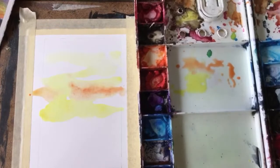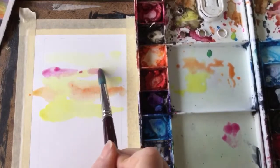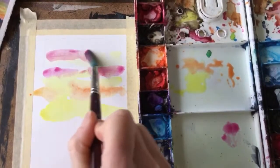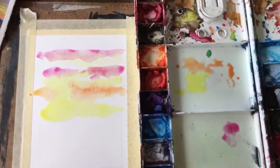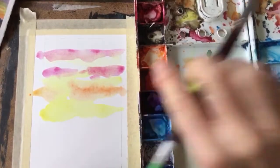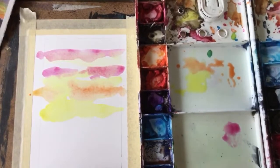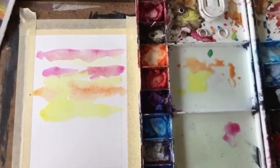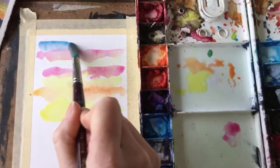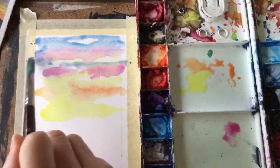All right, yeah, regular masking tape. It's regular masking tape, but sometimes the masking tape from the dollar store can be a little bit too sticky. I'm not too concerned about this one because I'm going to put it in a frame, but when I put them on cards, I don't like to tear the paper. So you can use painter's tape, which might be a little bit better,